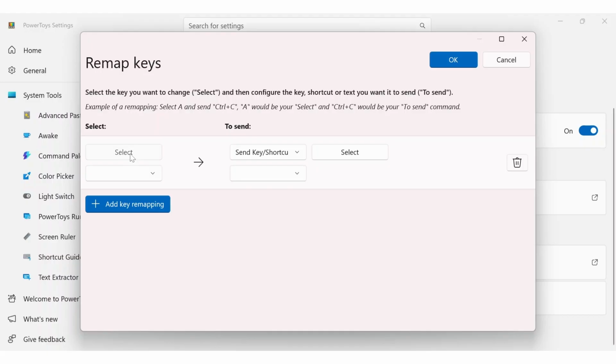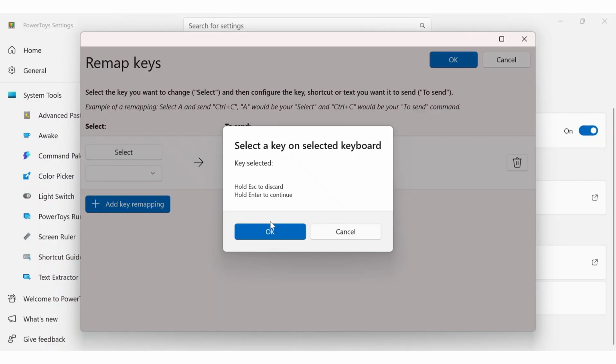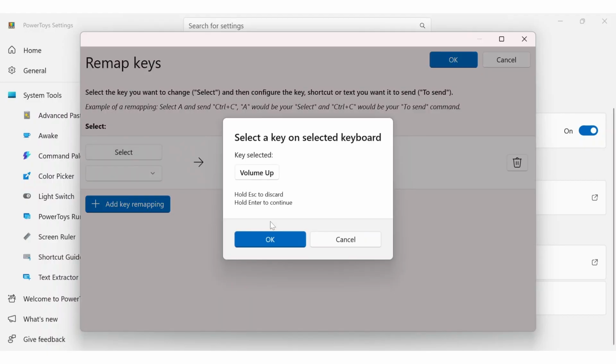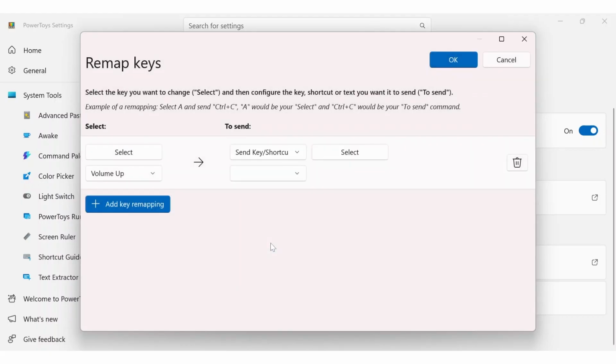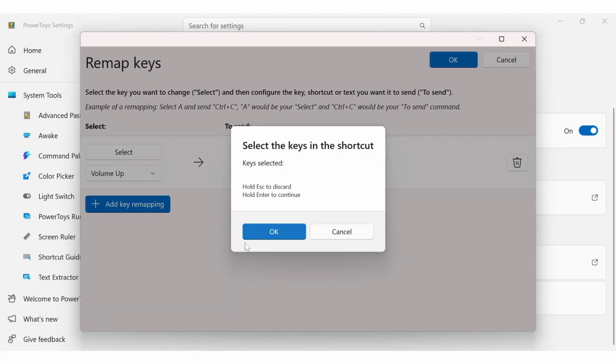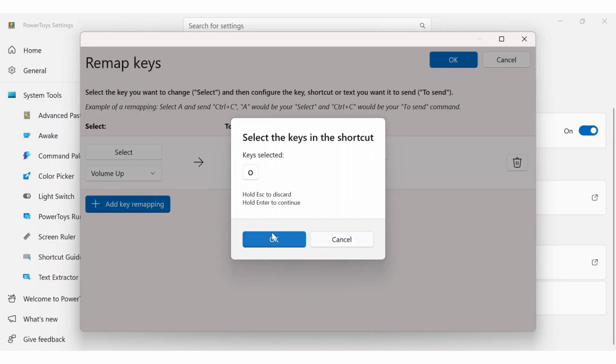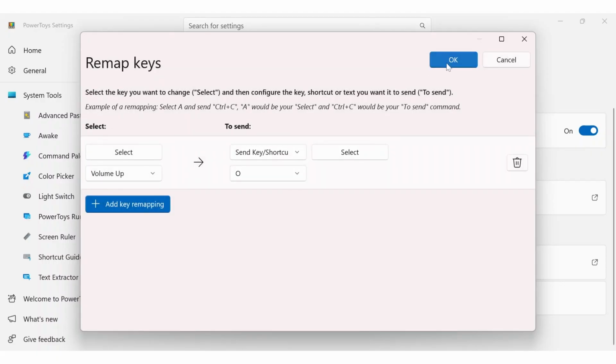Here, click on select and then press FN with F3. As I told you before, FN pressed with F3 triggers the volume up button. So after that, you gotta click on OK. And then you can map that function to any other keys. For example, I'm going to click on, let's say, O, press OK, and then click on OK once again. Now, whenever I click on O, my volume up action will be triggered and I don't have to press FN